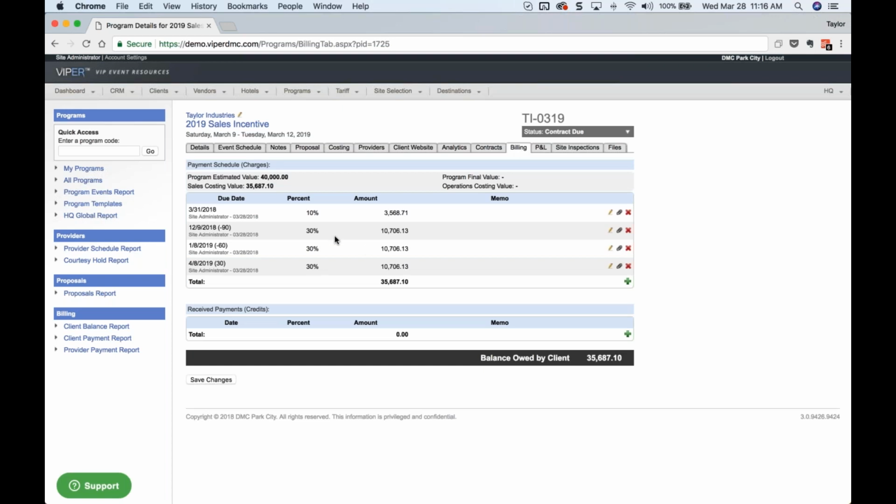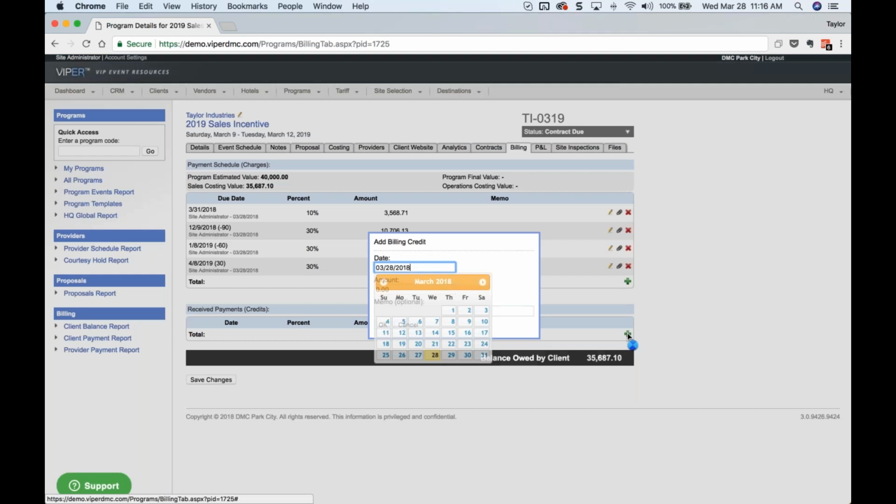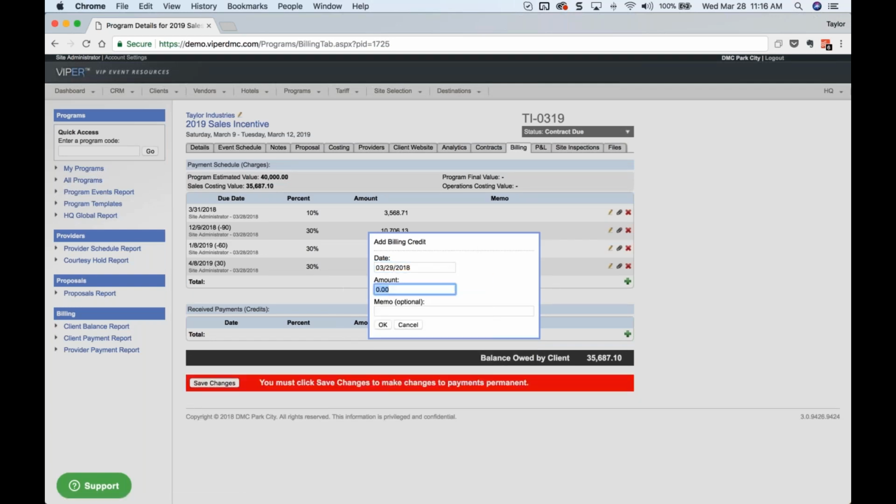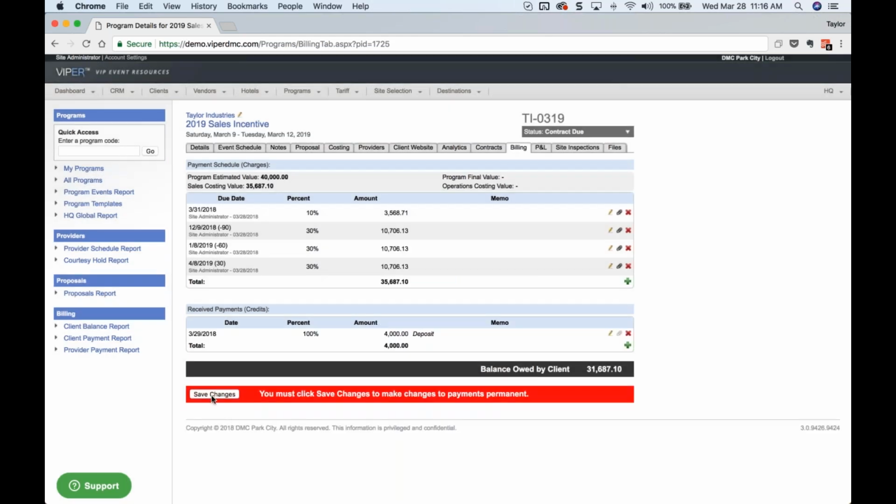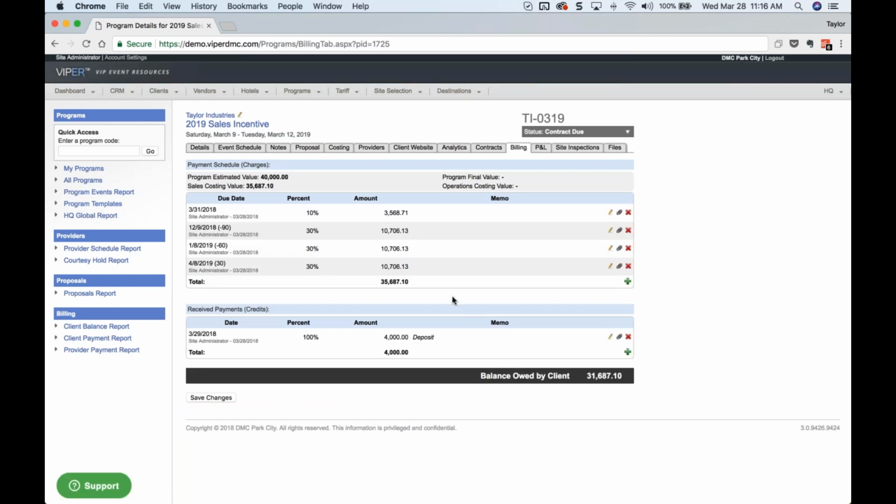Let's say that they send in a payment for, let's say $4,000. They're going to overpay on their deposit just slightly. So let's say it's tomorrow, hypothetically, and they've paid $4,000. And this is for the deposit or initial payment. All right, so we'll hit OK, save changes. And so now we've got some data to work with that's going to populate into our profit and loss report. All right, so once those have saved, that's going to trigger a notification to your accounting staff as any changes due to billing schedules. And if I go back to my P&L now,